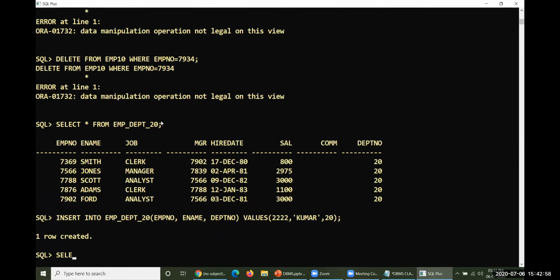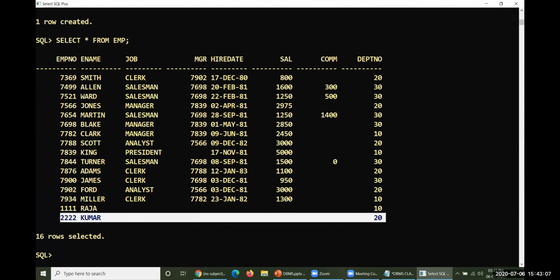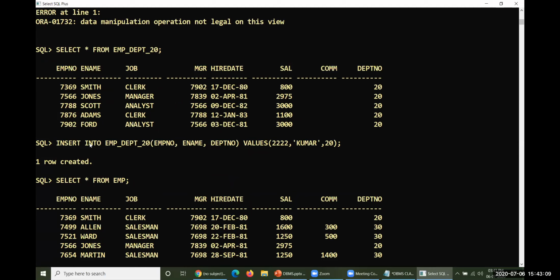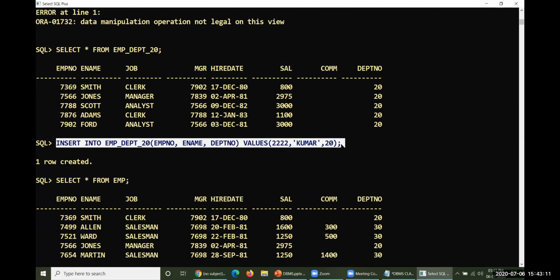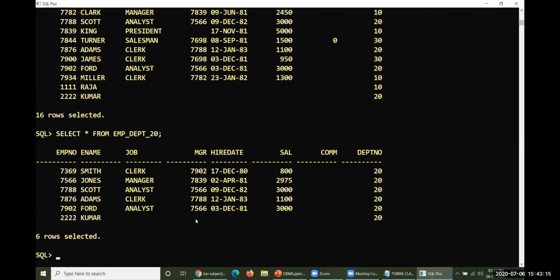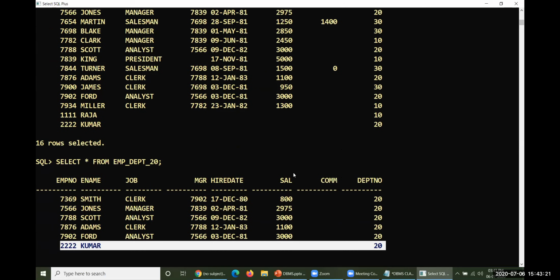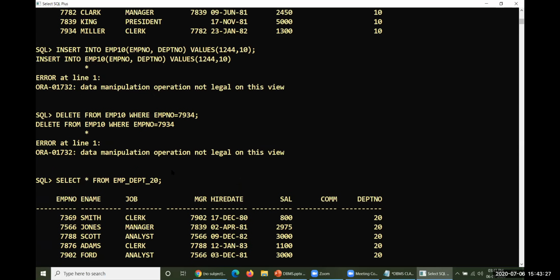And if you go ahead and select your base table, yes, it is reflected over there also. You could see it is reflected here also. So data has been introduced into the view, and it is reflected here. And if you go ahead and display the contents of that particular thing, yes, it is reflected here also. So in views, you can operate deletions, updations, insertions, everything can happen. Whereas in a materialized view, it cannot.